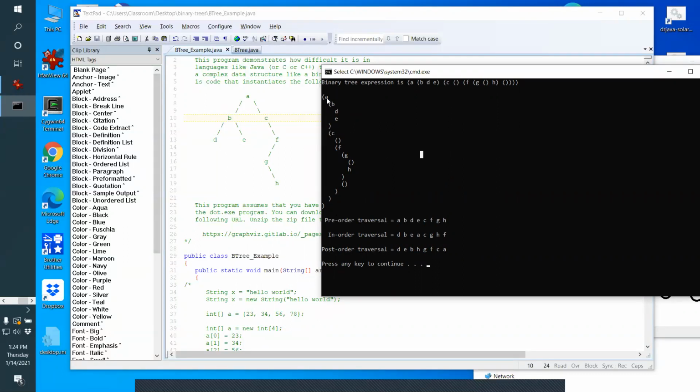It says that A is the root, and B is its left branch, and C is its right branch. So it prints the left branch indented, and the right branch indented. Then the left branch of B is indented, and the right branch of B is indented. So now